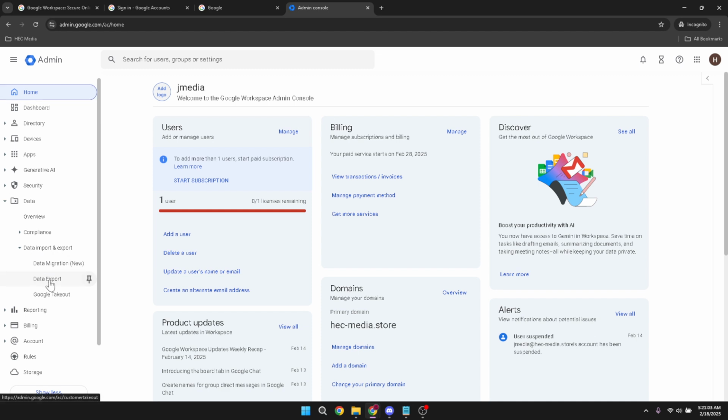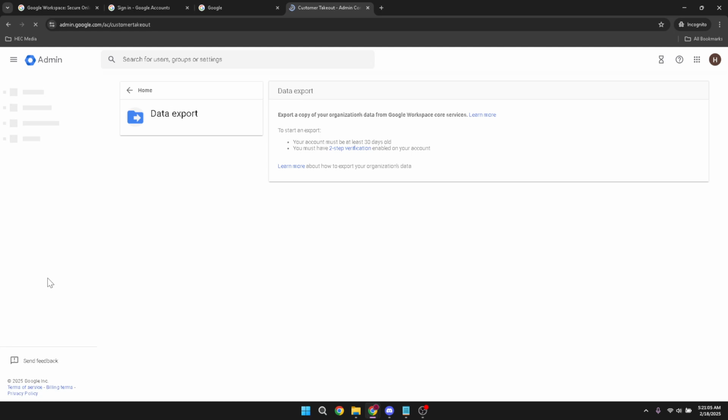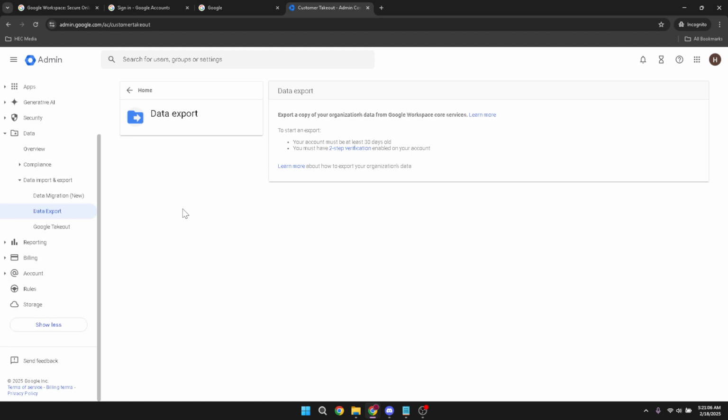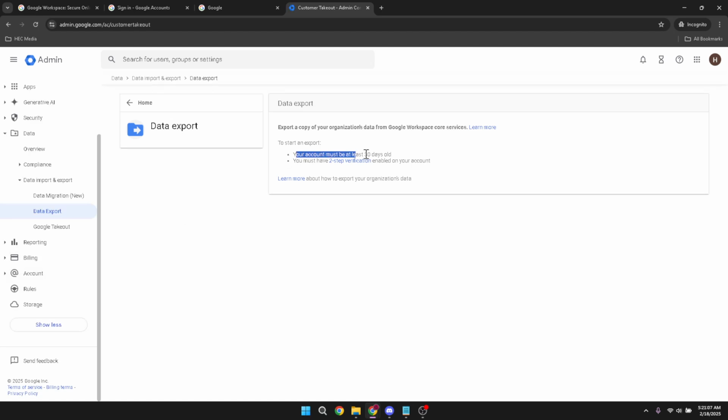However, it's important to note that there are a few prerequisites to keep in mind. Your account must be at least 30 days old and have two-step verification enabled. This is a security measure implemented by Google to protect your data, ensuring only authorized and long-standing accounts can access